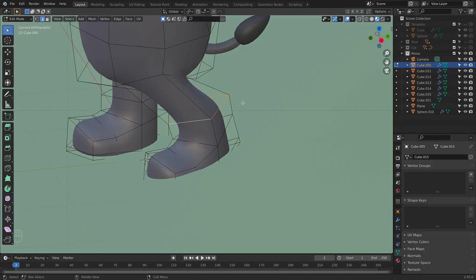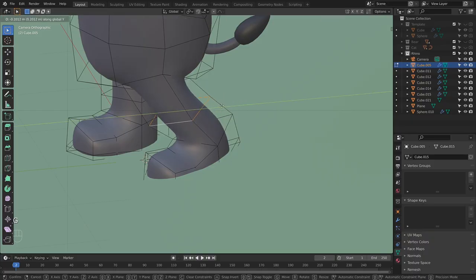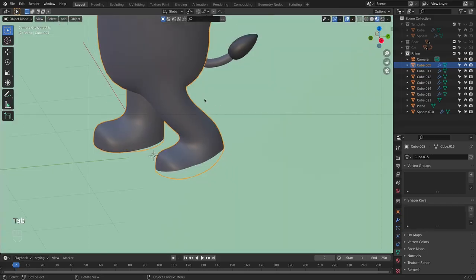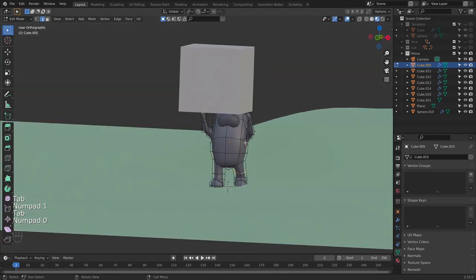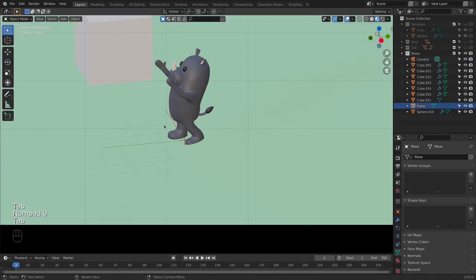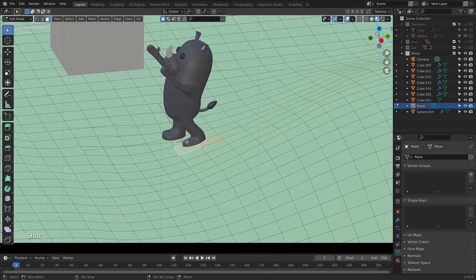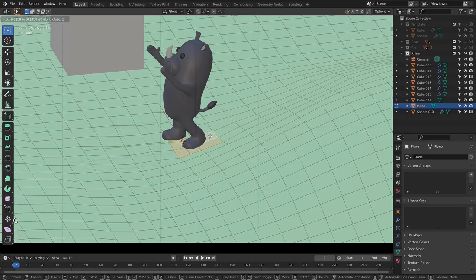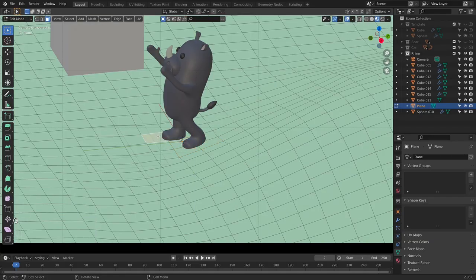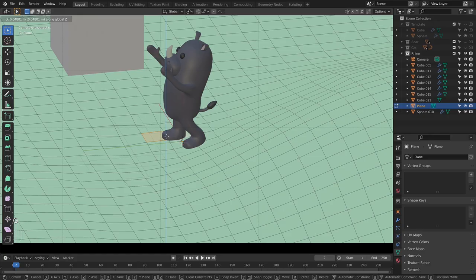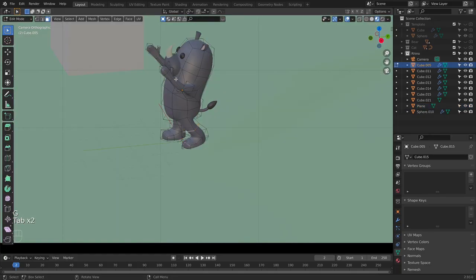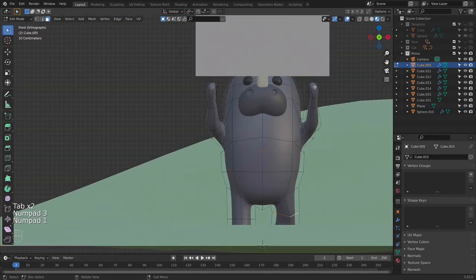I will select this edge loop by pressing Alt and left clicking, and with G and Y we can pull this slightly in front like this. Now I'm going to enter camera view one more time, and here let's switch to face selection and select some of these faces, and with G and Z we can pull this slightly down. This can go up a little bit, and also for example we can move this hand a little